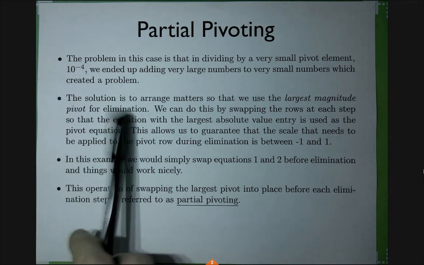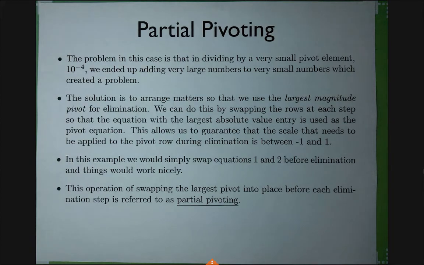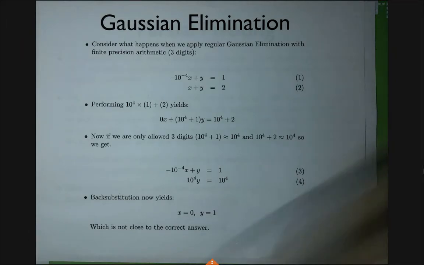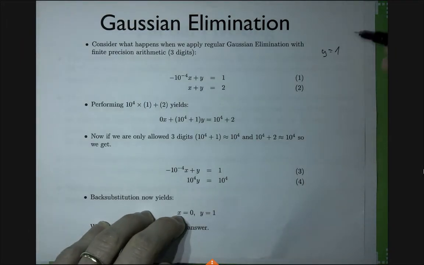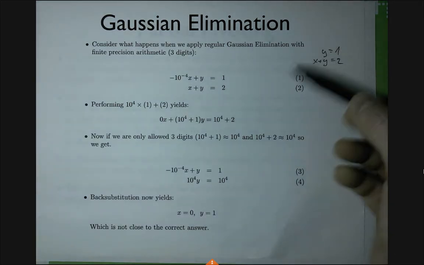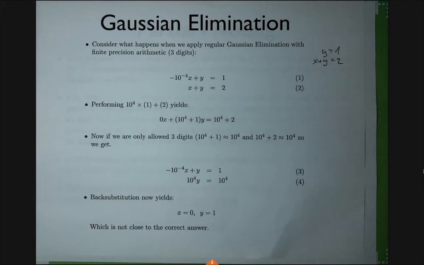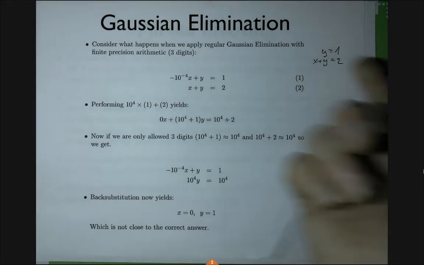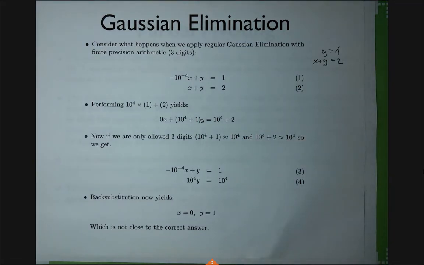Oh, actually, there would be an even worse case. This could also be 0, right? The first equation could be y is 1, and the second would be x plus y is 2, right? In this way, I couldn't even run the Gaussian elimination, right? Because this one was just almost 0. If it's perfectly 0, there's no way I can use the first equation to eliminate the second one, right? So what do you suggest to do in this case? What would you do, so that we can still proceed with Gaussian elimination?